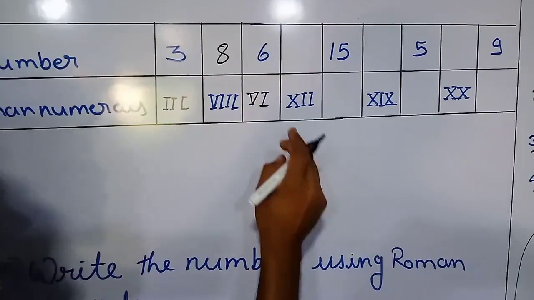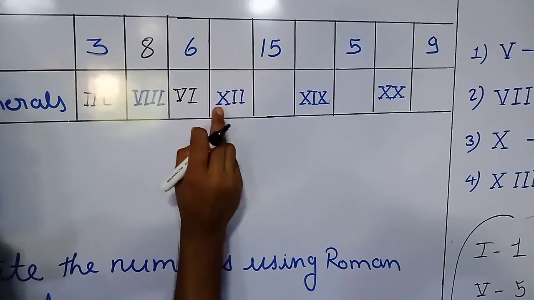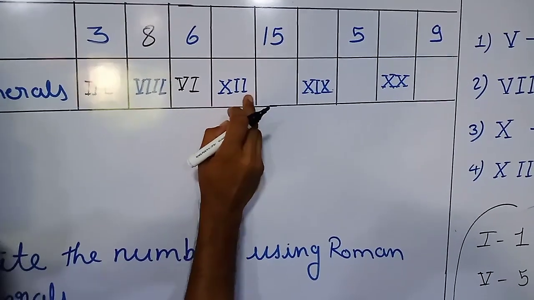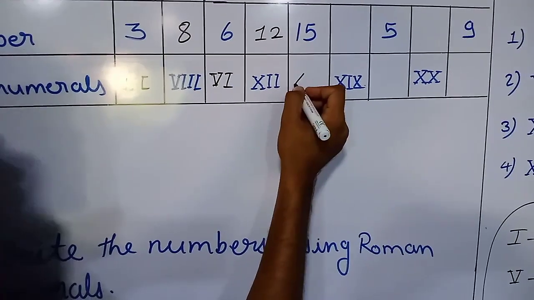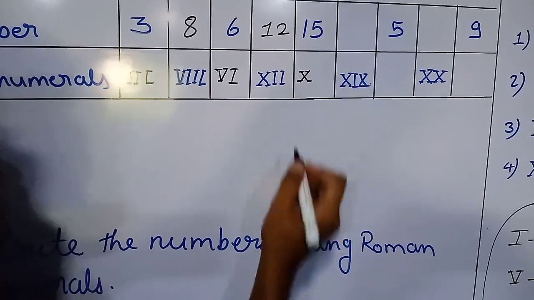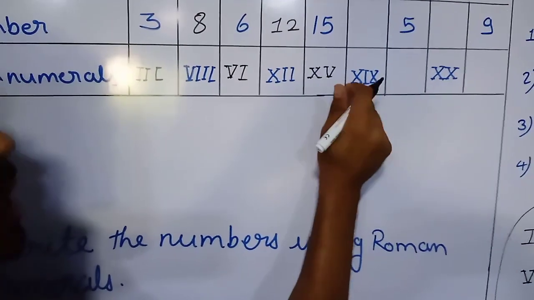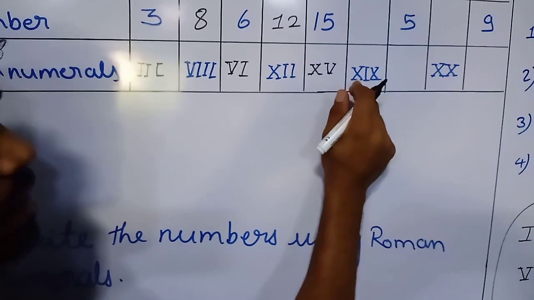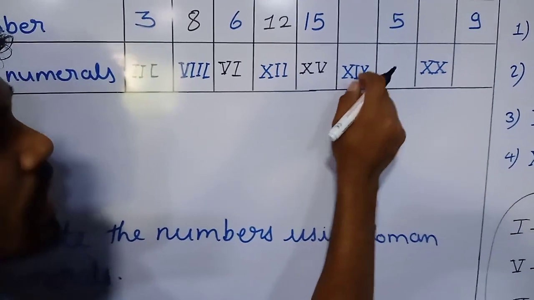For 6, VI. For 12, that is 10 plus 1 plus 1, XII. For 15, 10 is X and 5 is V, so XV. X represents 10 and IX is for 9. So 10 plus 9,